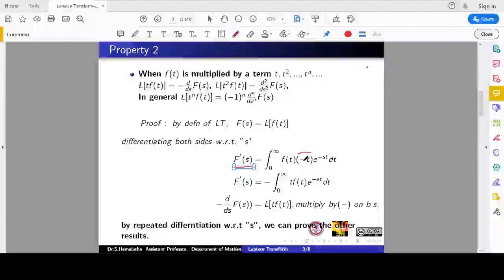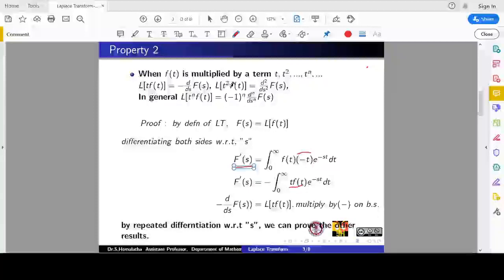Okay, now just taking this minus out of the integral and combining this with f of t, you can rewrite this as t f of t, and this is nothing but the Laplace of t f of t with s as a parameter. This minus can be multiplied on both sides to adjust to our result. And so we conclude L of t f of t is minus d by ds of F of s, or in other words, minus F dash of s in short form.